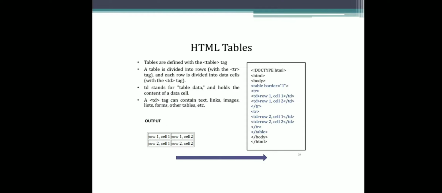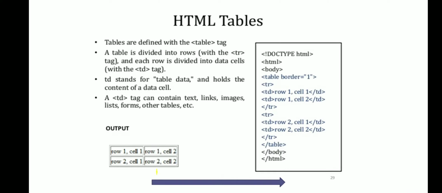Next, we'll see HTML tables. Suppose you want to create a table using HTML, that can be created by using a tag called table. A table is divided into rows and columns. The rows are represented by the tr tag and the columns are represented by using the col tag. Suppose you want to write any data to a particular row, then you can use a tag called td.